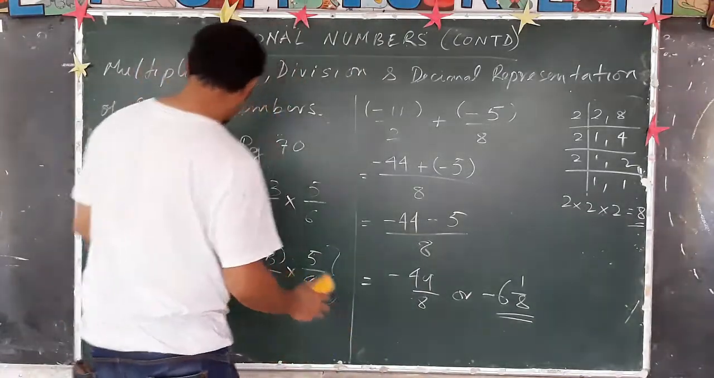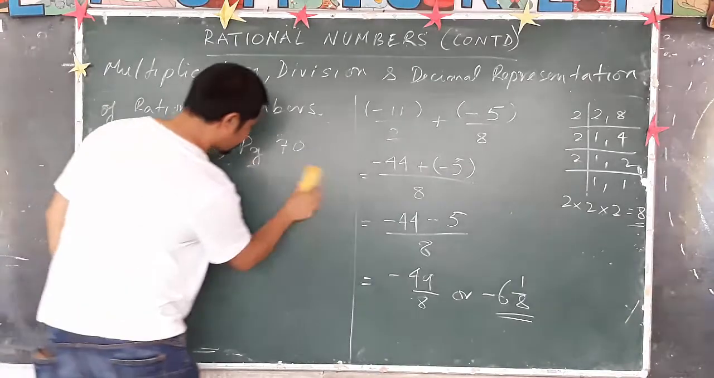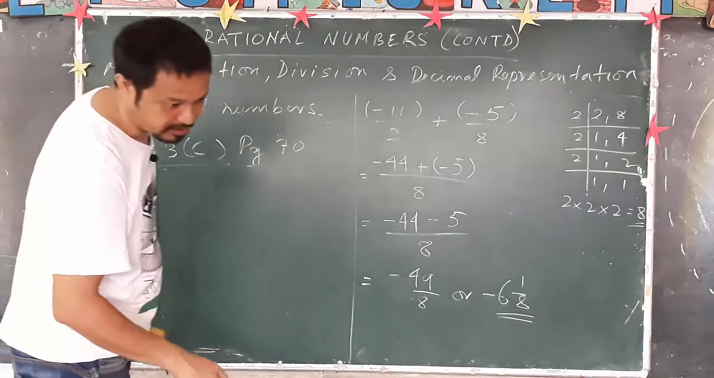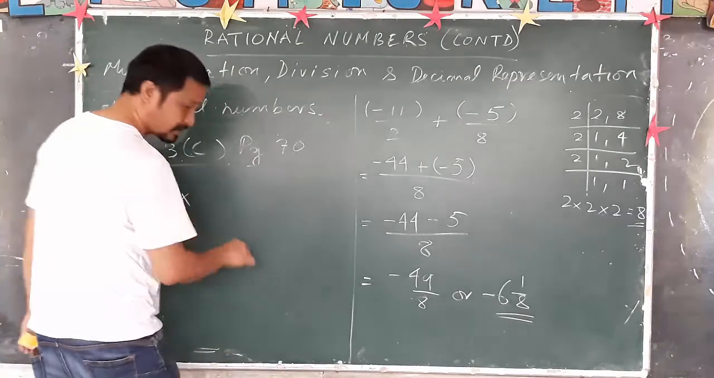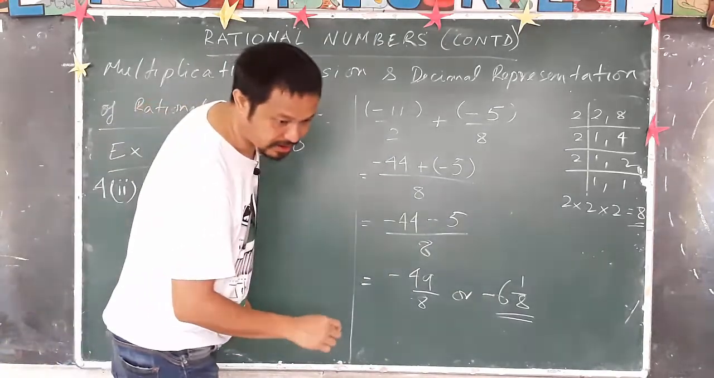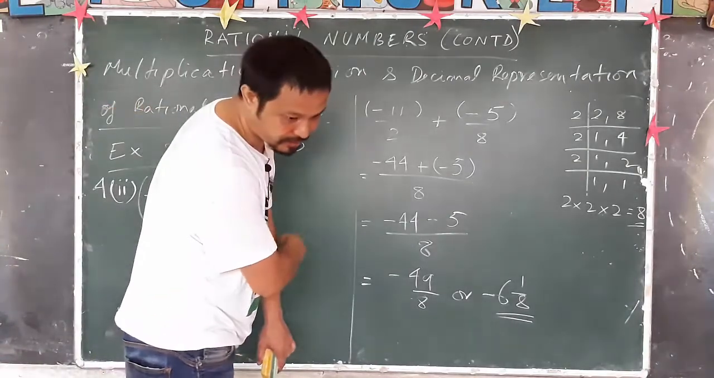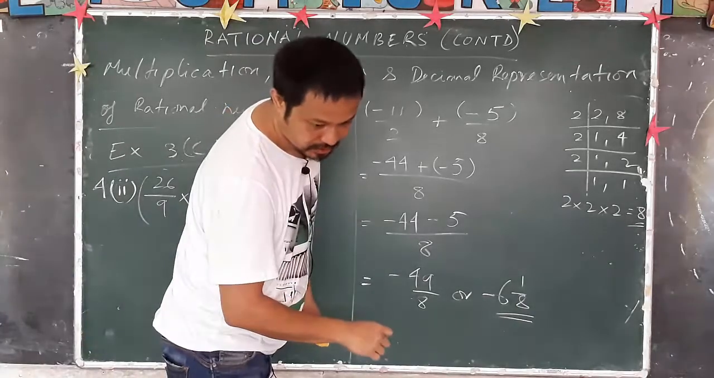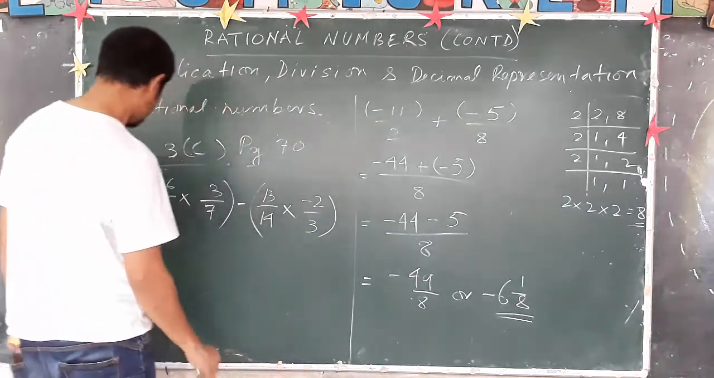Now I will give you your homework. Your homework will be 26 number 2, that is 26 upon 9 into 3 by 7. I think there's a bracket in this case. Good, easier for you guys. Minus, I think there's one more bracket out there. 13 upon 14 into minus 2 by 3. Okay, so this is your homework